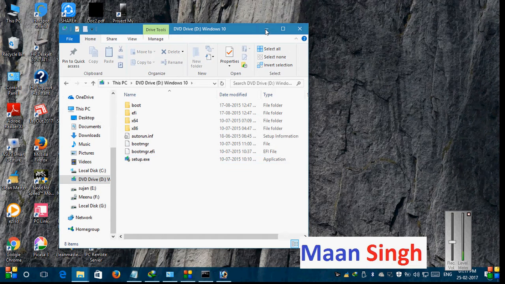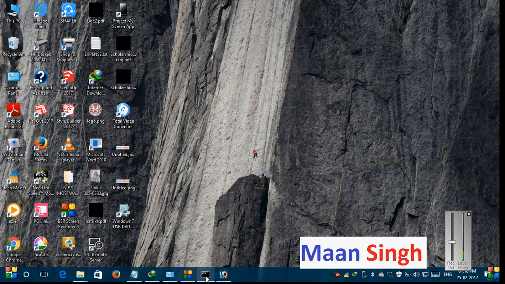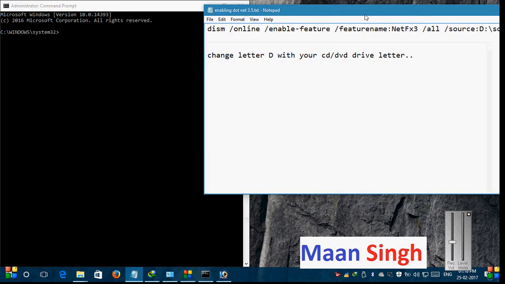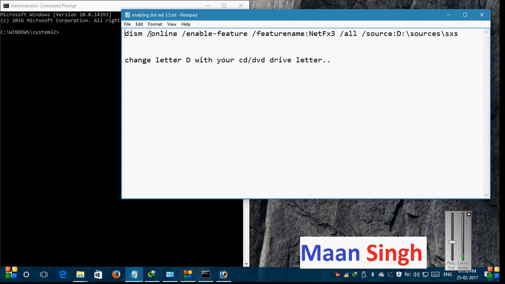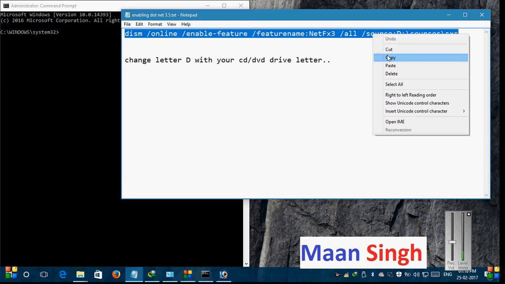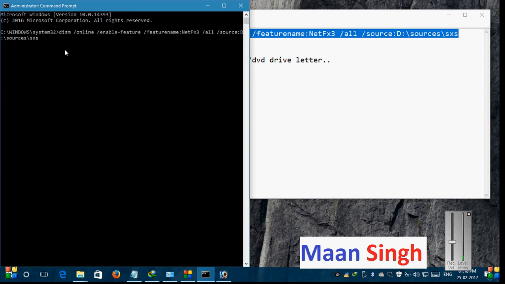So go to Command Prompt and copy this command line. This command line is mentioned in the video description. So copy and paste.